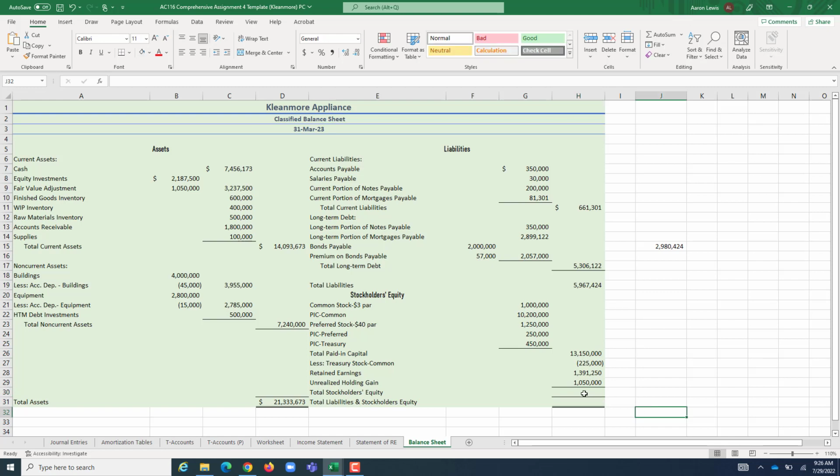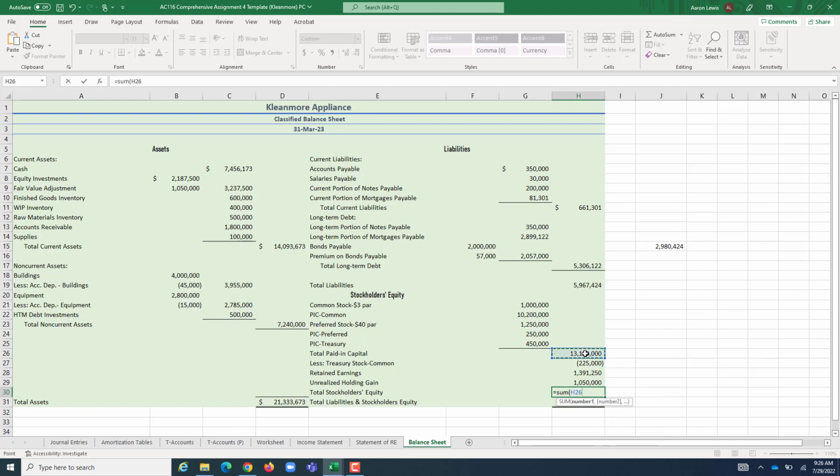And now we've got to find our total stockholders' equity. And that is equal to the amount that was paid in capital less the amount we're holding in treasury plus our retained earnings plus any unrealized gains that we have. So it's basically just the sum of the four numbers up above. And when I add those together, I come up with